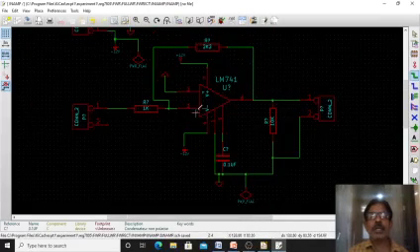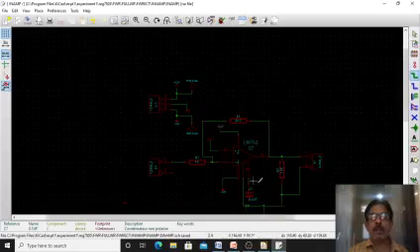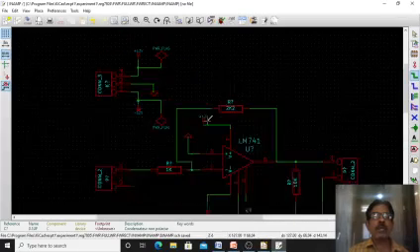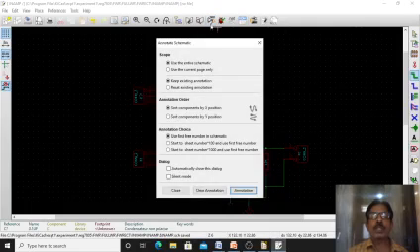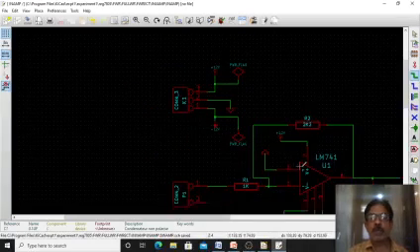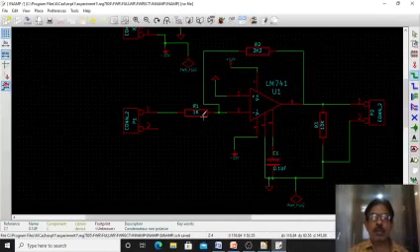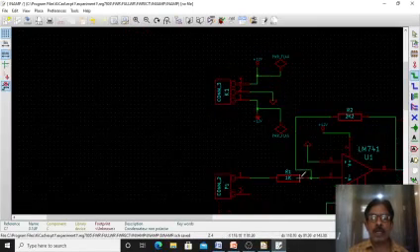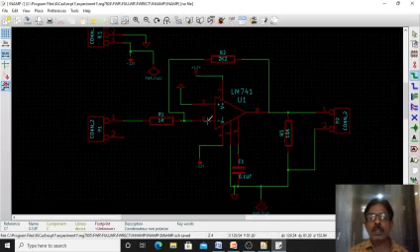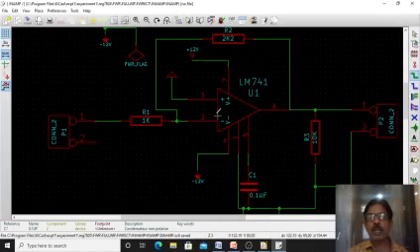Now all the connections are over, right? Now what you do is, as usual, after giving the connection, you just do the annotation. Then you say OK, then you see close. You can just verify all the names are coming now. R1, this is R2, this is R3, C1, P1, P2 and K1 connector 3, and this IC LM741 as U1, right?